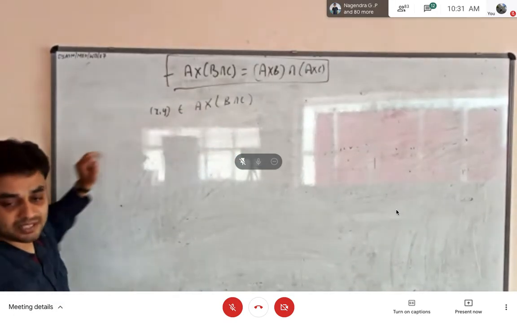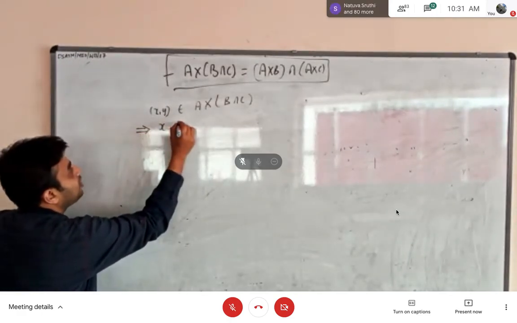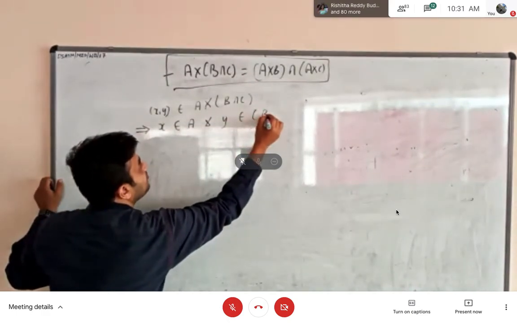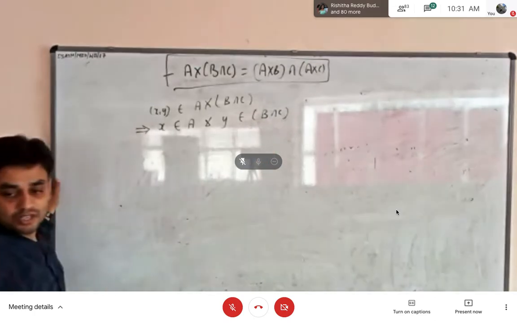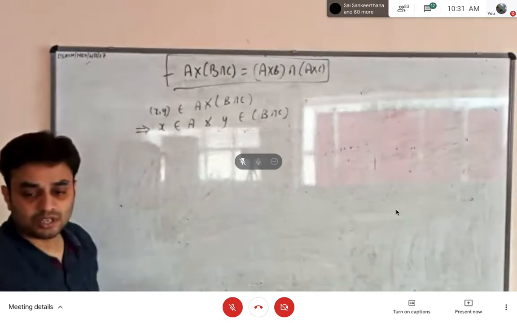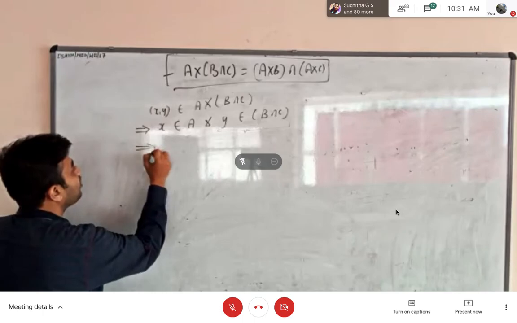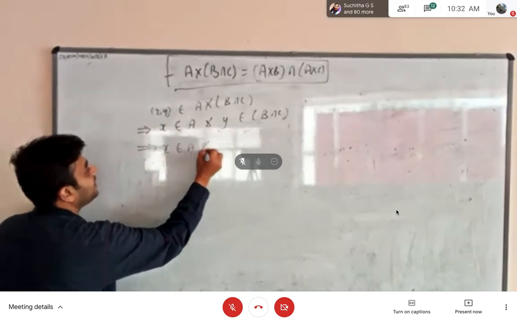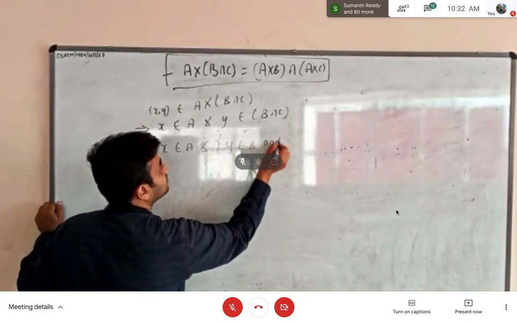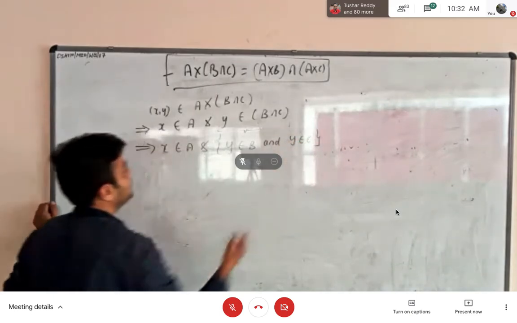Okay. So now if I expand this, the meaning of this is the first element x belonging to the set A, and the second element y belonging to B intersection of C. Okay, so now this I can expand further, right? So if I expand it further, this can be written as x belonging to A, and this can be written as y belonging to B. I have to use the word "and" because it is intersection, y belonging to B and y belonging to C, right?